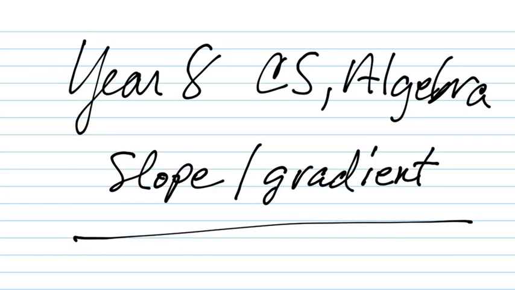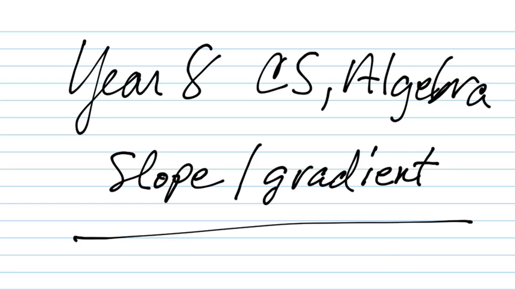Okay, so today we're going to continue our look at those linear functions, those linear relationships. Remember, we call them linear because if you plot those dots, they all make a what kind of line? A straight line, right? Okay, slope, gradient. So today we're going to talk a little bit more about